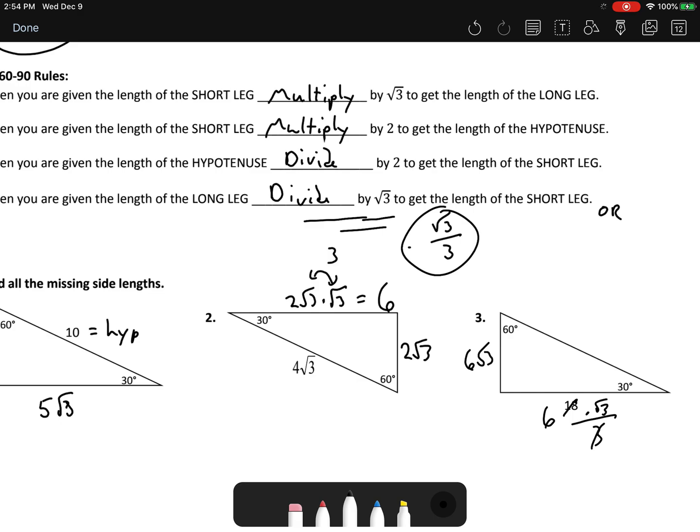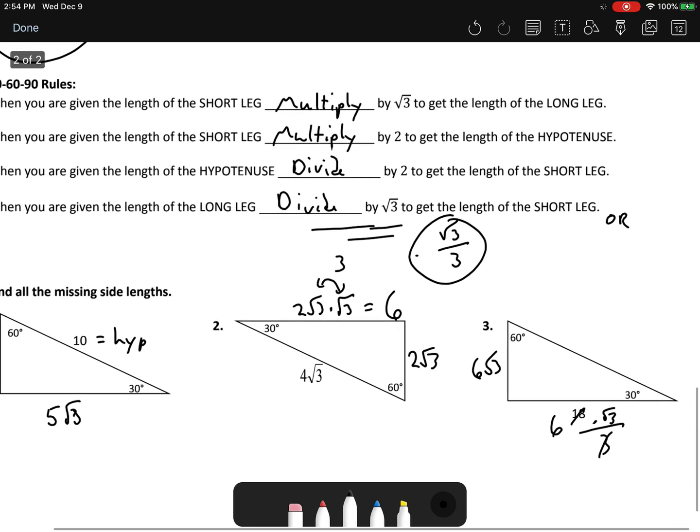So your short leg is 6 radical 3's. What's your hypotenuse? Well, it's always twice as long as the short leg. So 2 times 6 radical 3 is 12 radical 3. Okay? So that concludes our lesson for special